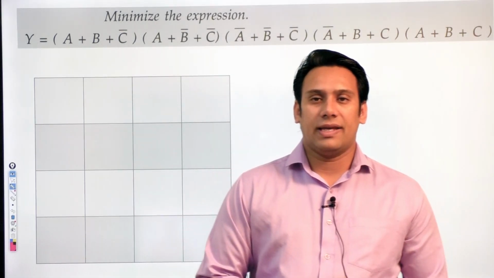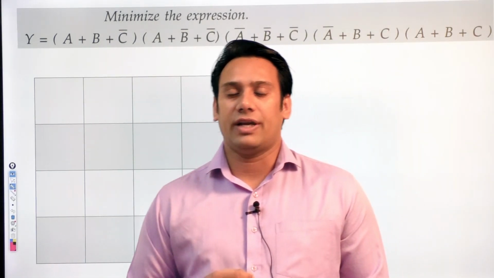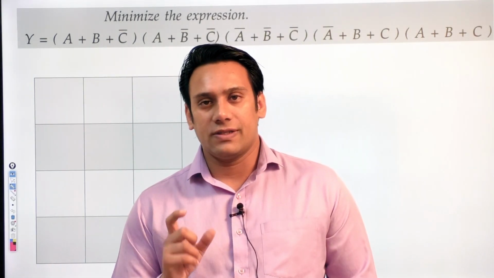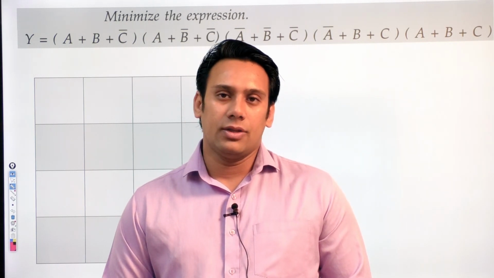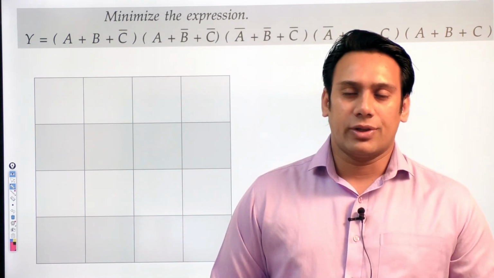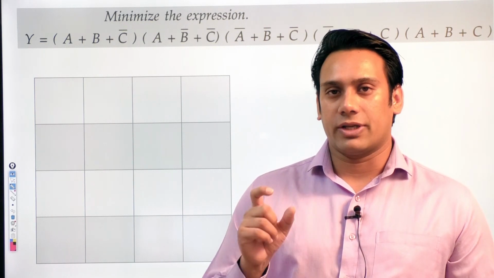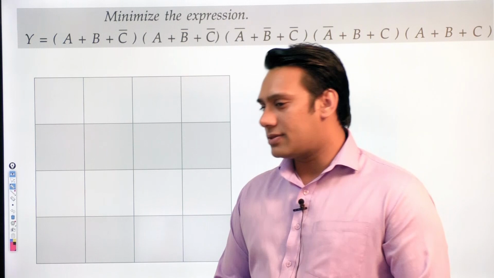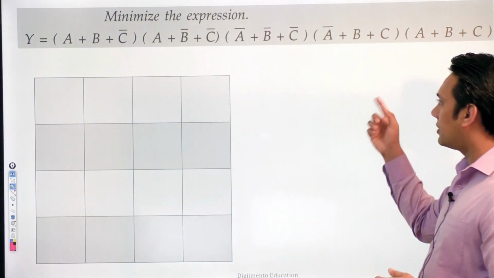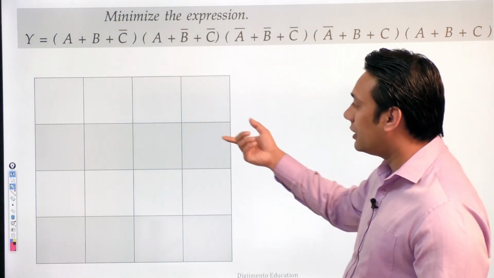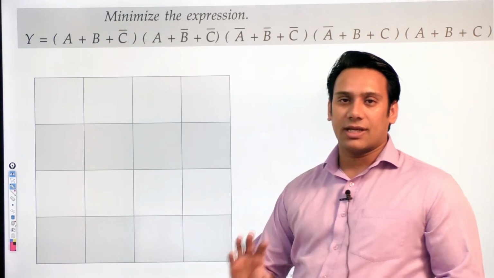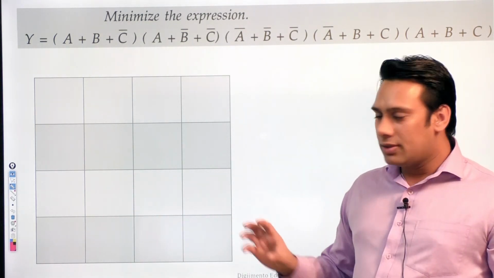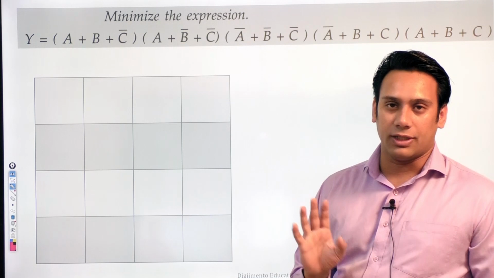In the previous examples, we have seen how to find the SOP, or you can say sum of product expressions. In this example, I'm going to look at what is product of sum, or you can say the POS expression. In this product of sum, as you can see, this is a function which is a 3 variable function. So obviously I'm going to need a 3 variable k-map. By mistake, I'm using a 4 variable k-map here, but this is a 3 variable k-map only.